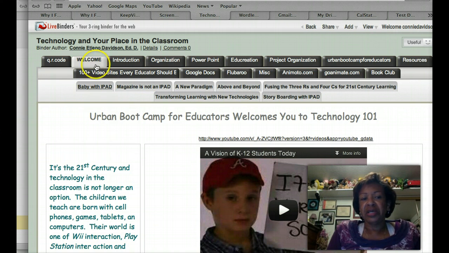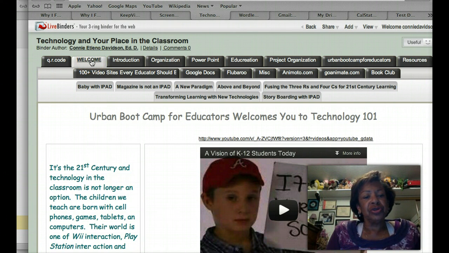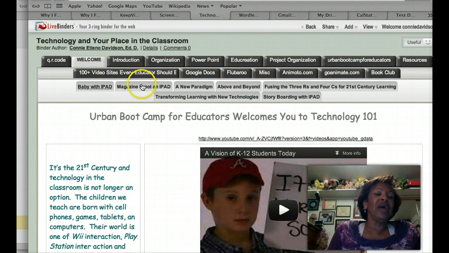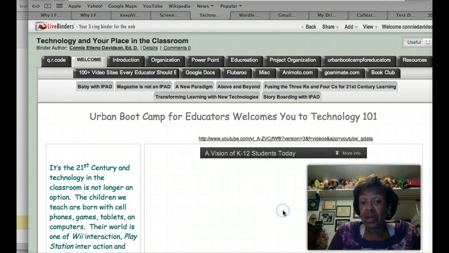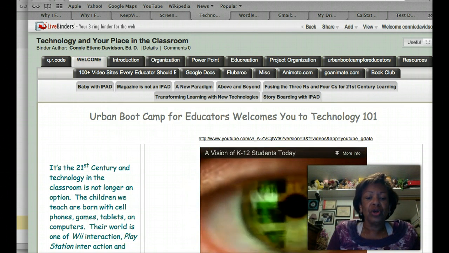Or I have welcome. Here's the tab for welcome, but now I have all these sub tabs that also let me organize things. So let's say you're doing Catcher in the Rye. If you're an English teacher, you can write Catcher in the Rye for the welcome, and you can explain, oh, when you're going to do this, you're going to do a lot of stuff on Catcher in the Rye. But this can then be chapter 1, chapter 2, chapter 3, chapter 4, or these can be the chapters at which you have certain things that you wanted them to do, including linking to videos that they would then look at in order to do your